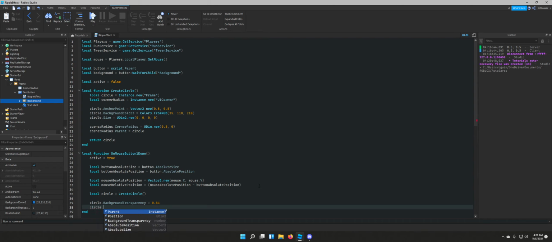We're then going to set the circle's position to a UDim2 value, UDim2.new, and we're going to set the values to 0, mouse relative position dot x, 0, and then mouse relative position dot y. We're set. Like I said, we're going to be positioning the circle relative to where they clicked on the button. And then we can go ahead and set the parent of the circle to the background or the button, wherever you're going to be placing this circle. All right, so